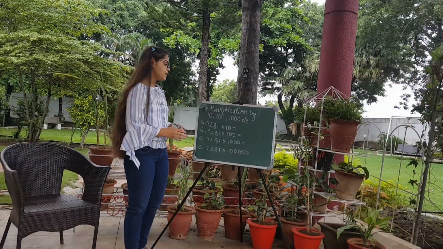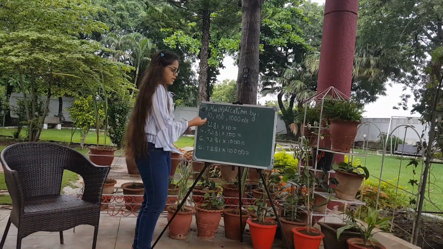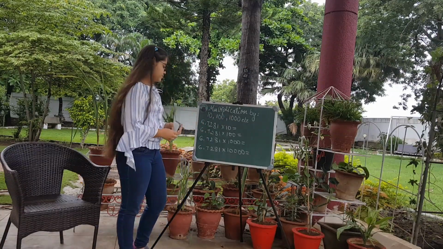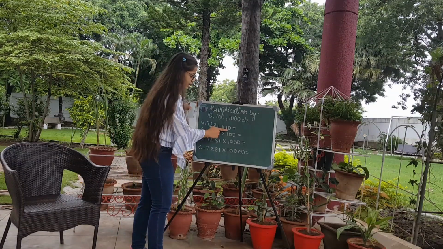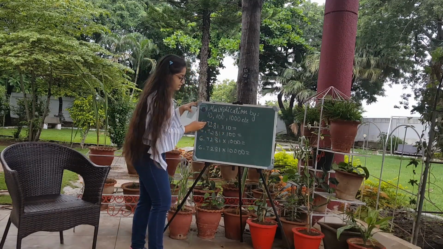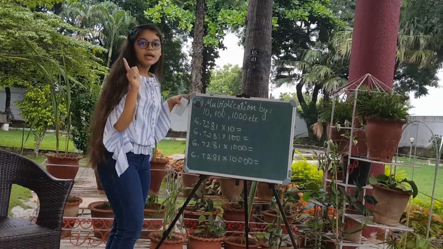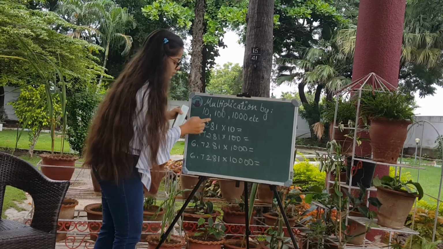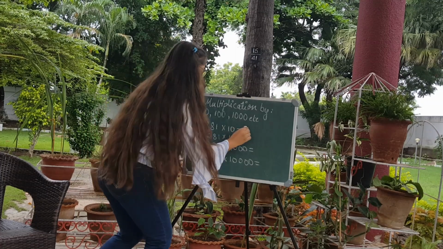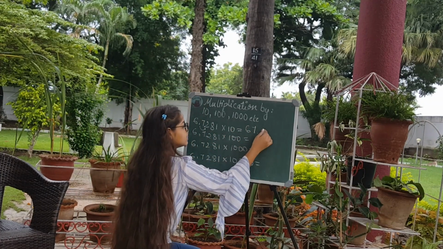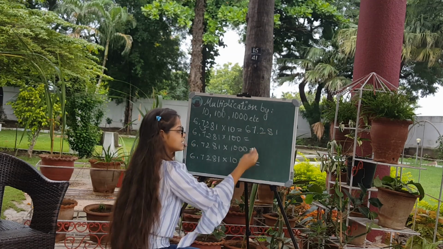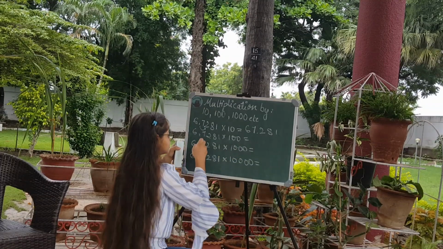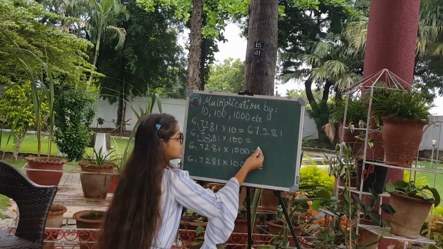Now let me tell you a method. If you are multiplying any decimal number with any of these numbers, which is 10, 100, 1000, etc., then there is a shortcut method. When you are multiplying it by 10, here we have 1 zero, then the decimal point will shift to the right side by 1 digit. So here it is 6.7281. When it shifts 1 digit ahead, it will become 67.281 because it has shifted 1 digit. Here we have 2 zeros, so it will shift 2 digits. So it will come here, then go here. So it will become